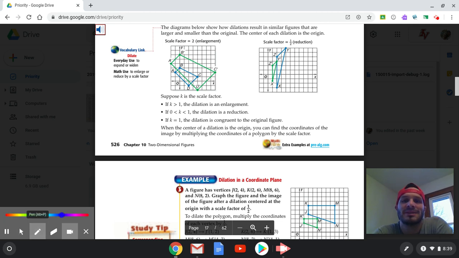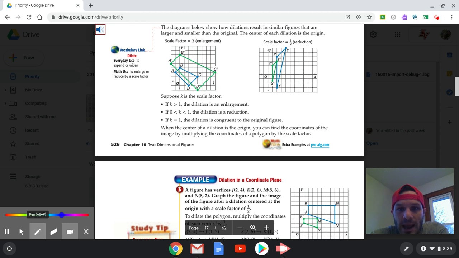Diagrams below show how dilations result in similar figures that are larger and smaller than the original. The center of each dilation is the origin. So that's what they're telling you in here. They're making the center of the dilation the origin. That's not always the case when you get up into upper levels of math. They will show you different points of center for dilations. They're starting at the origin, and